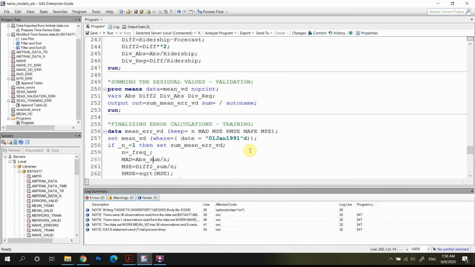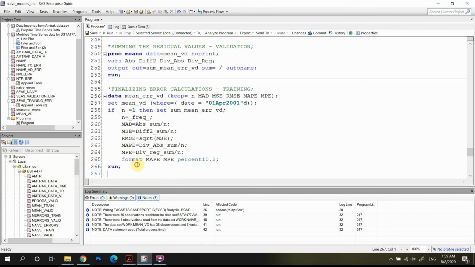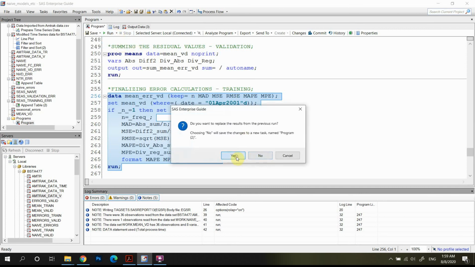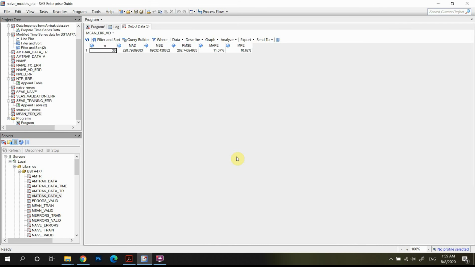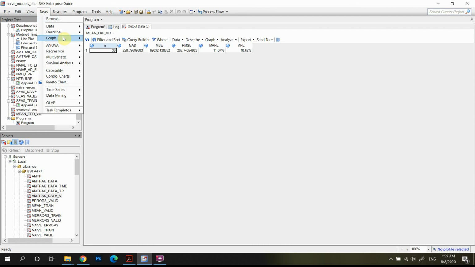Okay, so this is what we're going to say. 01 April 2001 D, and all the rest is the same. Mean error validation, the new date validation. It's perfect. Great, so now this is what we have, and now what we can do again, we can go to tasks,